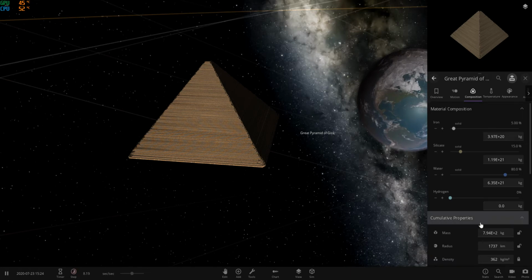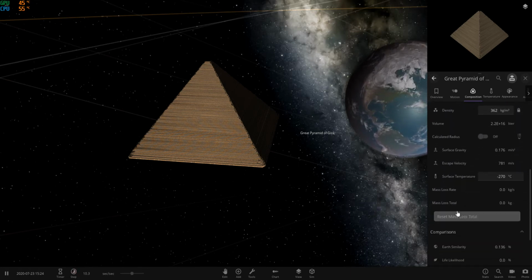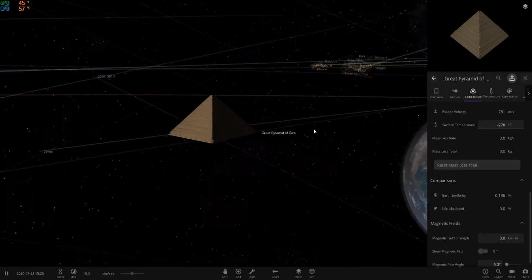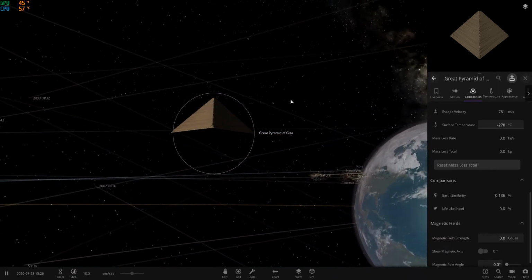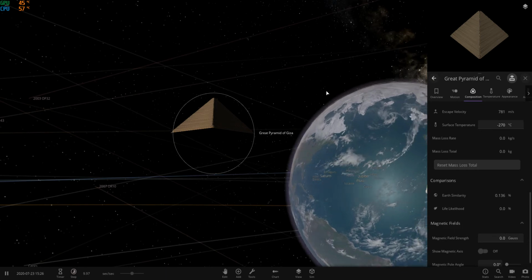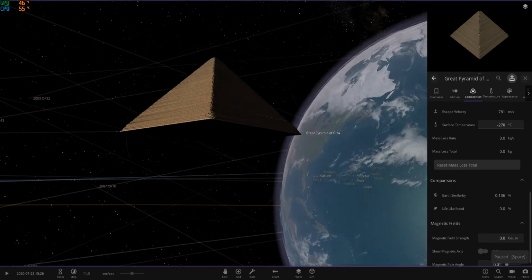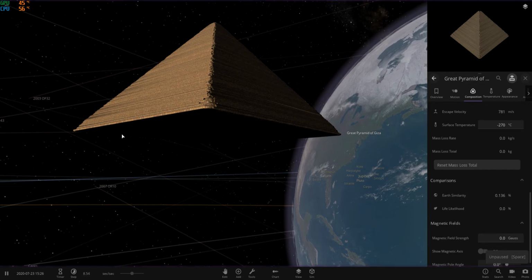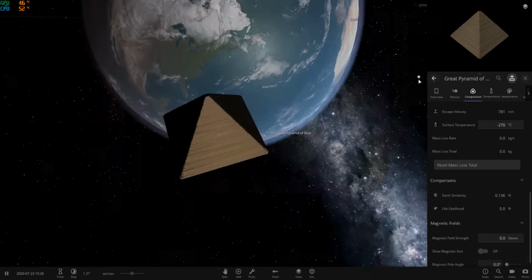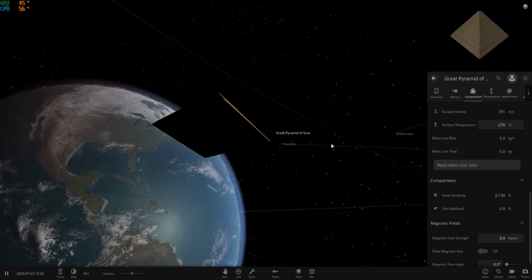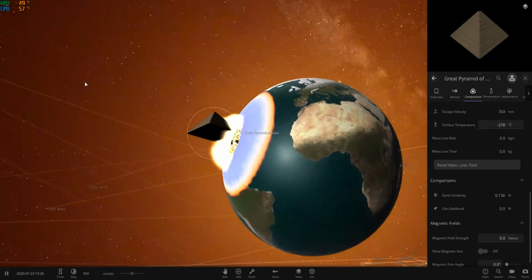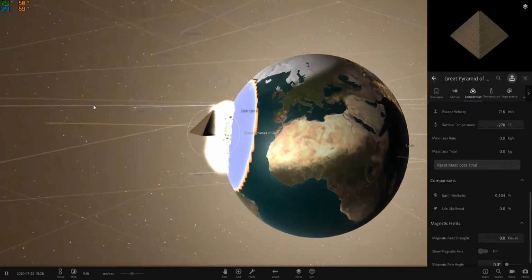This thing is moving at 1,250 kilometers per second, yet it can't even seem to figure out that it's meant to be going fast. Oh! Pause. Set it to 1 second per second, and let's watch the fireworks. Pyramid Giza touching down in the United States. Am I right?